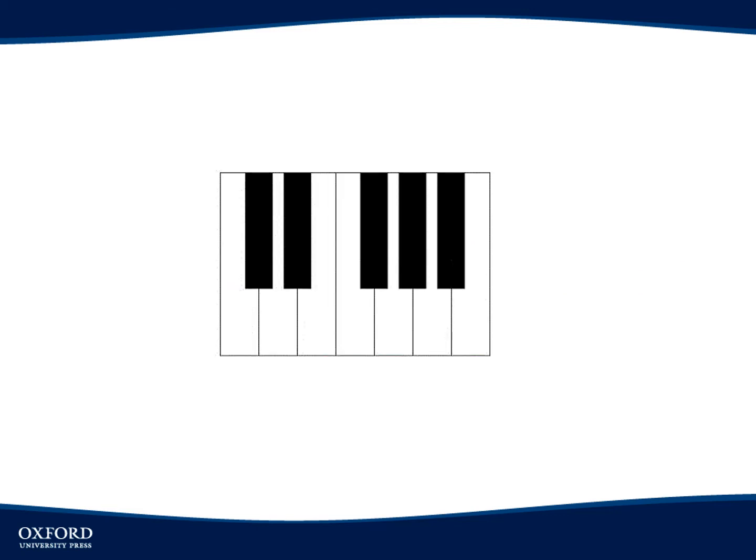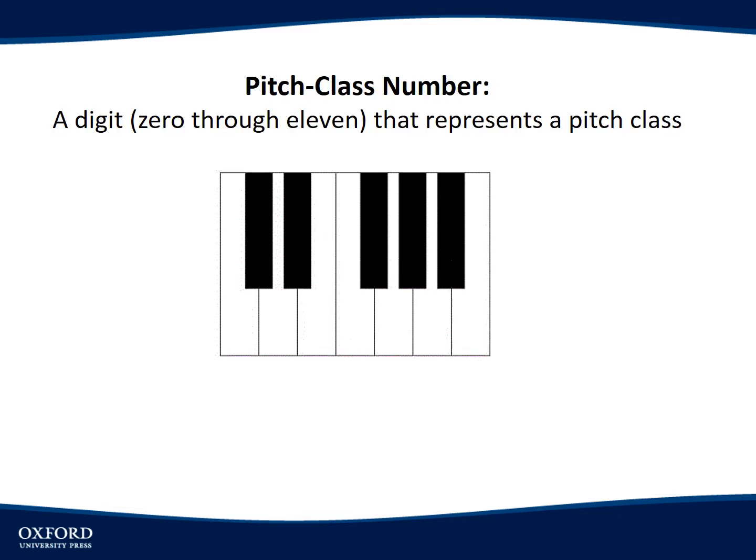For music that is non-triadic and non-functional, the spelling of pitches is more arbitrary. It doesn't matter if we call the note C sharp or D flat if we aren't concerned with tonal function. What we need instead is a simpler way to name notes that will aid in studying mathematical relationships between them. A pitch class, with all its spellings and registers, can be represented by its pitch class number, a number between 0 and 11. Traditionally, C is 0, C sharp or D flat is 1, D is 2, and so on,